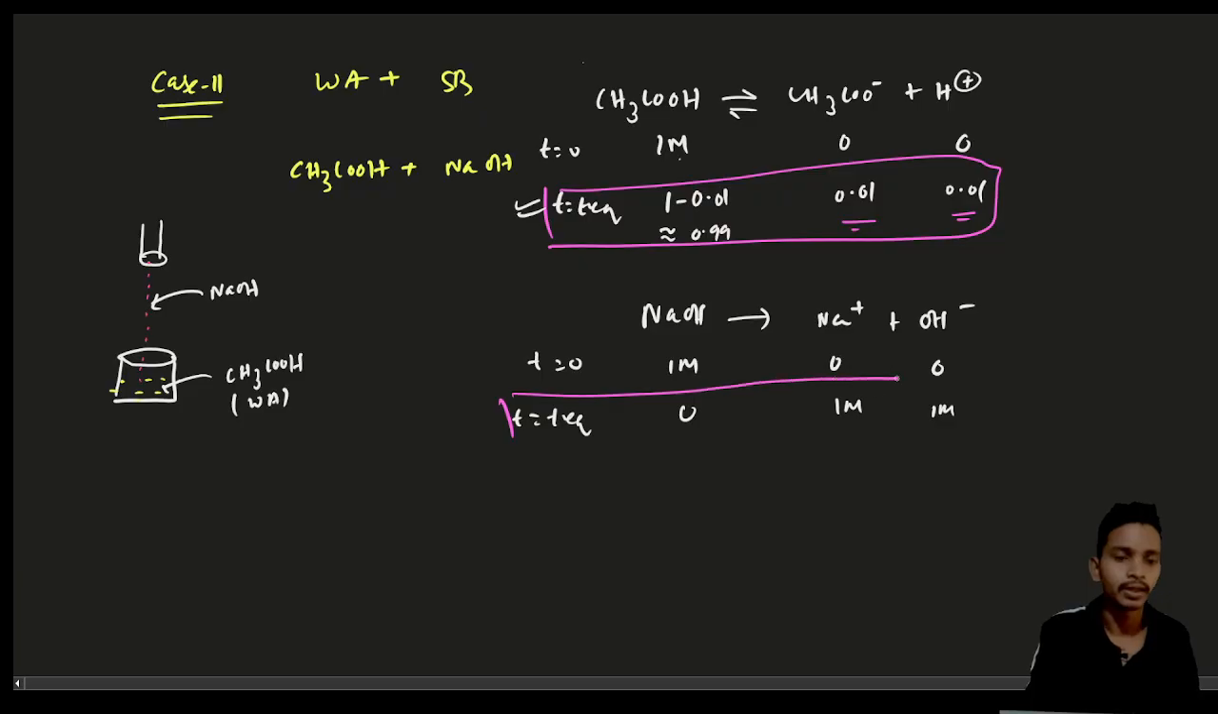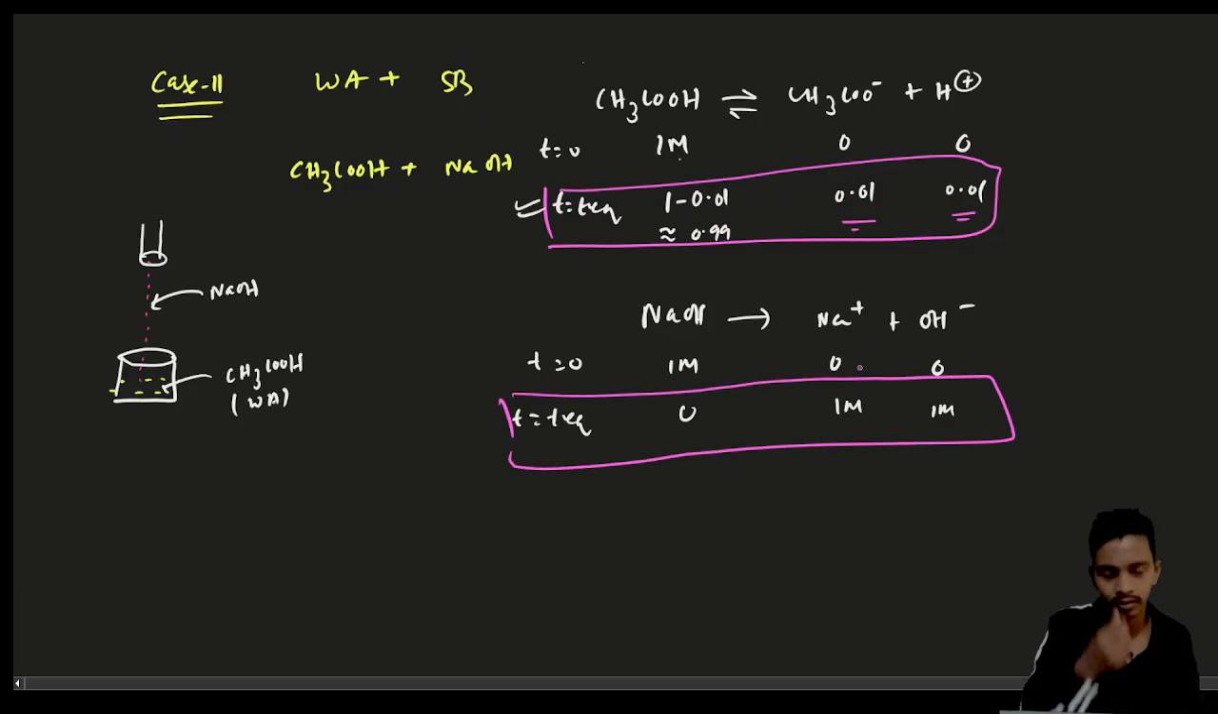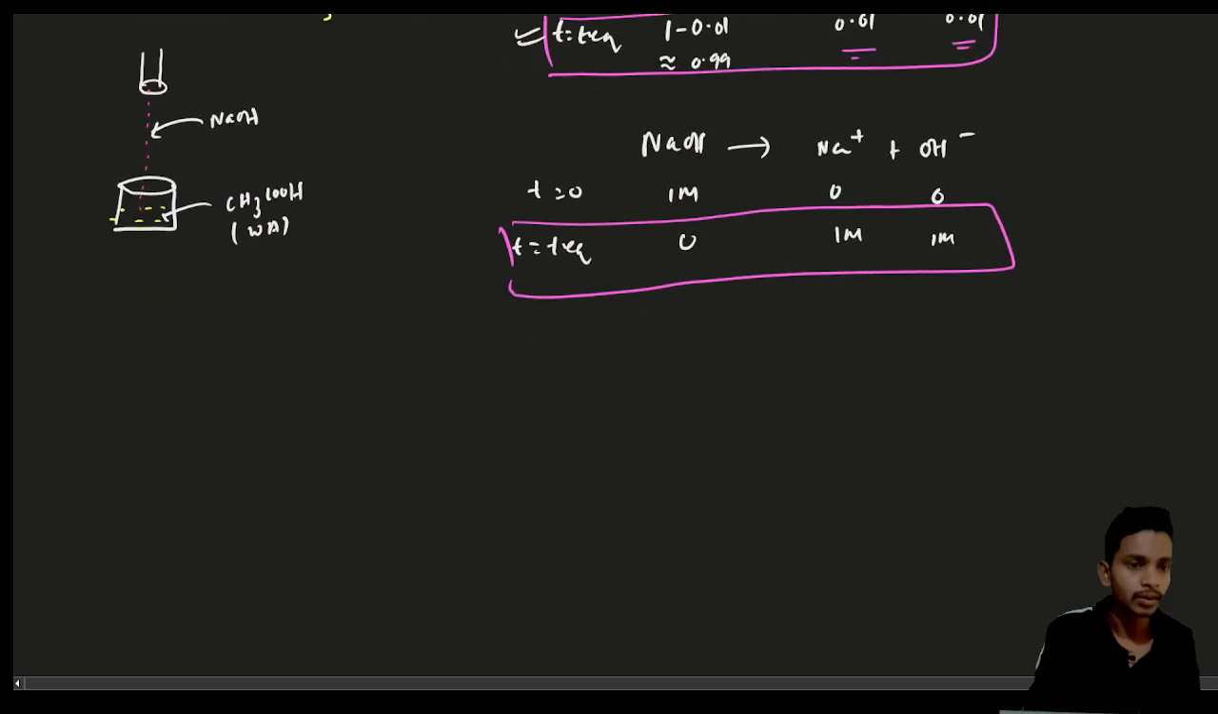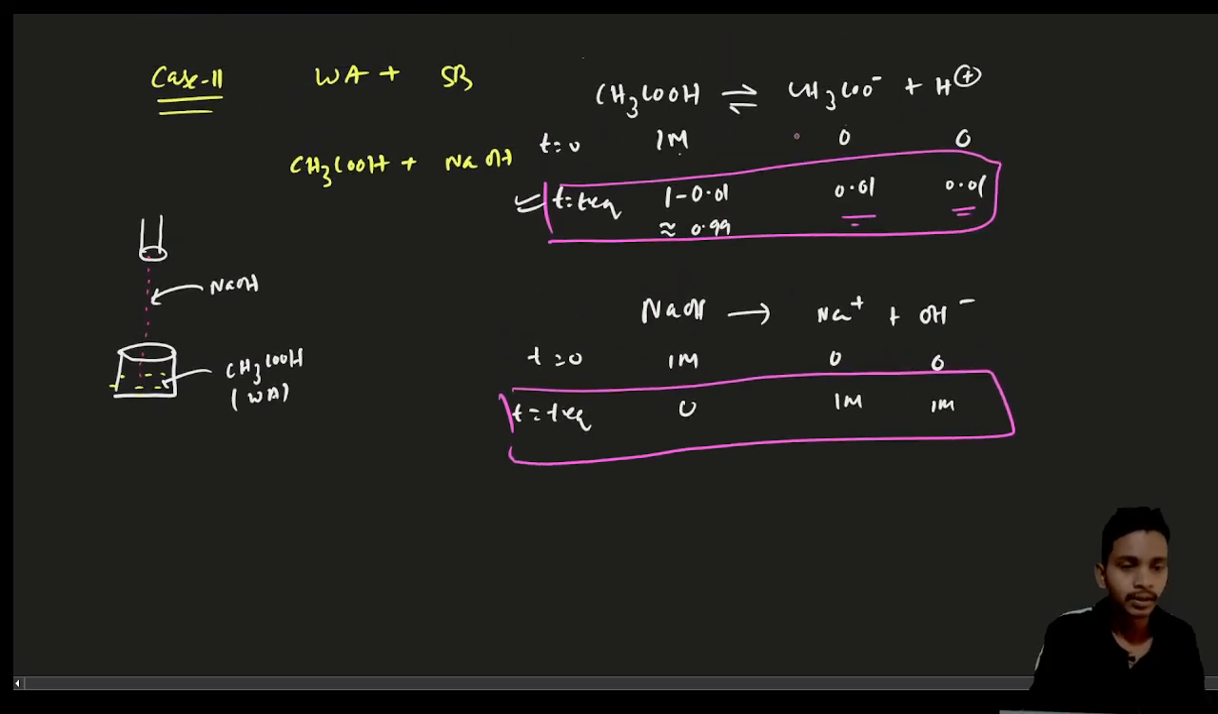So it completely dissociates into ions. This is not left, only this is present. So whenever you are adding NaOH dropwise to the solution of the acetic acid, what happens is that this much will react with this one. So whenever we add drop by drop, let's say a small drop of NaOH,